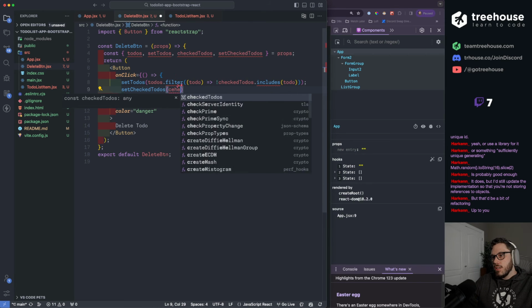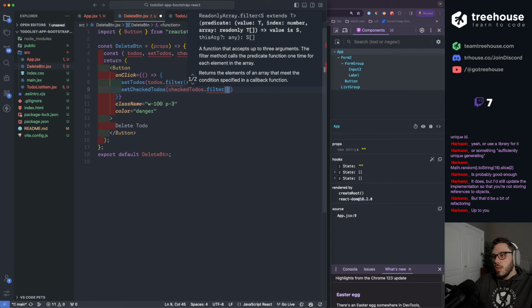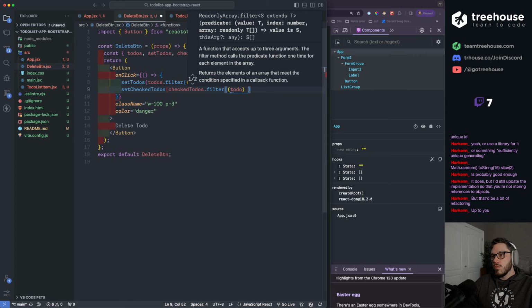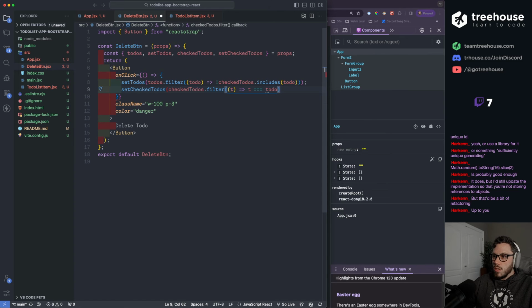We can say checked.filter, todo, if the todo is equal to, let me also do t is equal to todo. I think that's going to work.